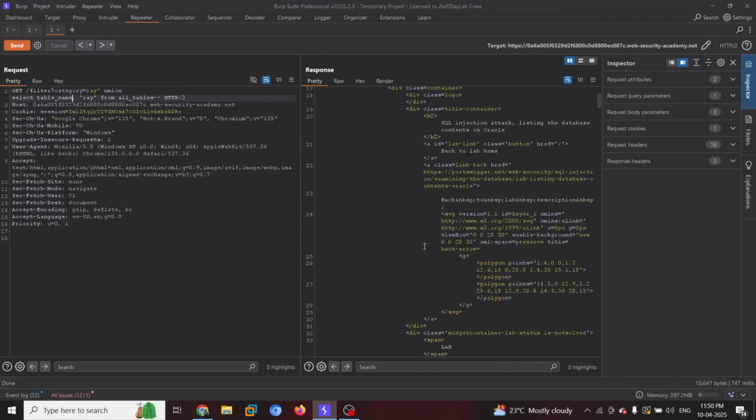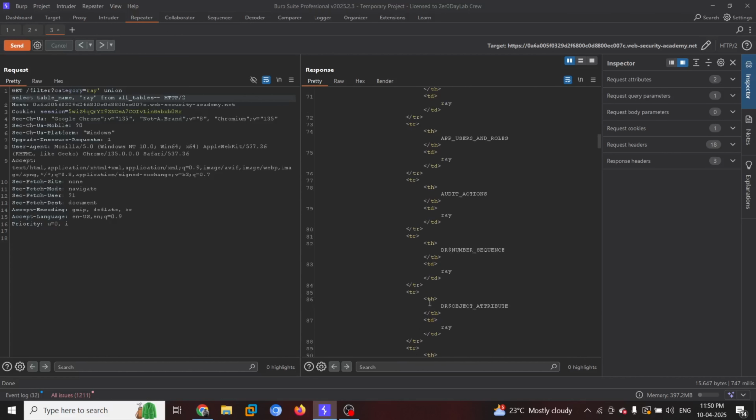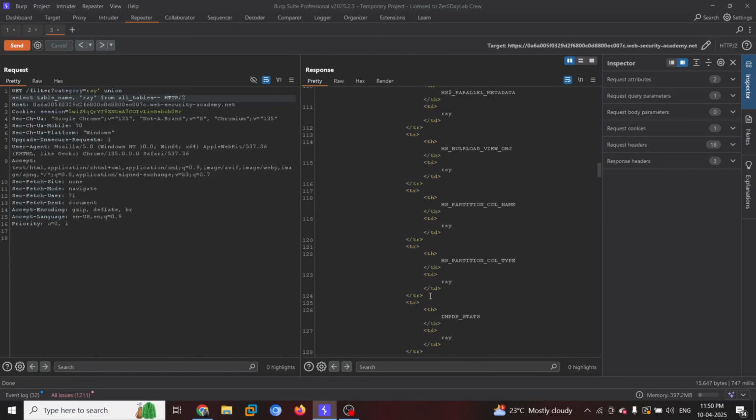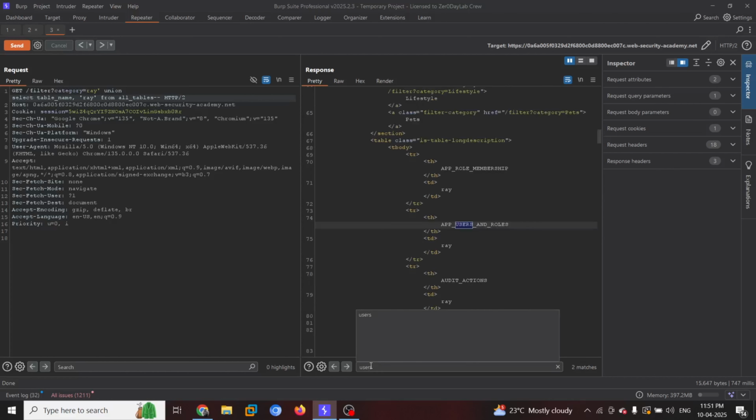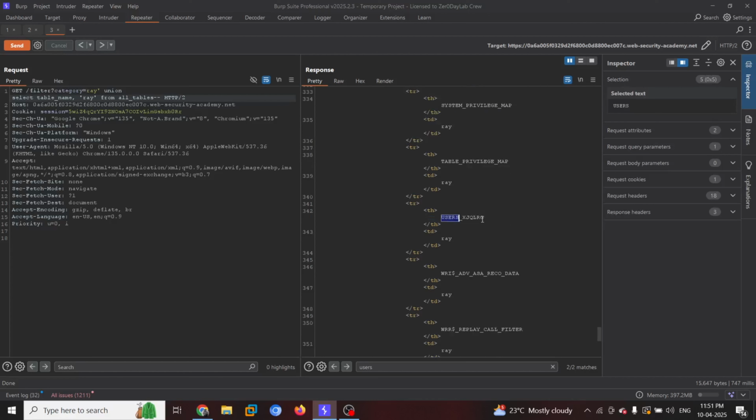If we scroll it down, we can find that we have numerous usernames. The number of users we have, but we meant to check for users, that is meant for us. It is not something that we are looking for. Oh, there you go. We have something called users XJOLRG. So we have got the user details, that's a good thing. Now, once we have a table, we need to know what columns this table consists of.